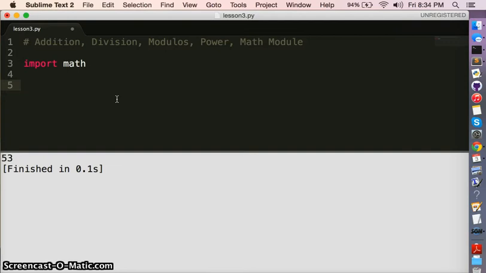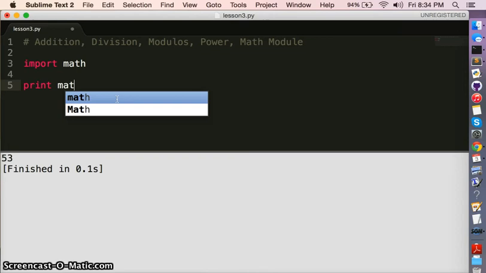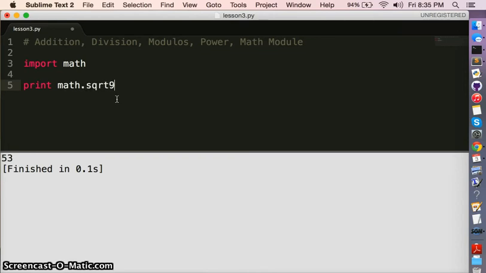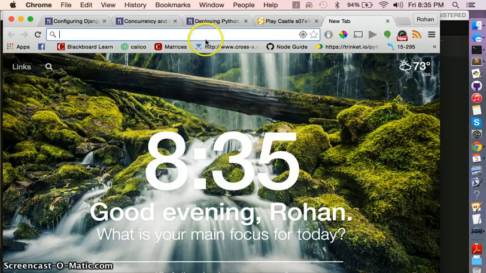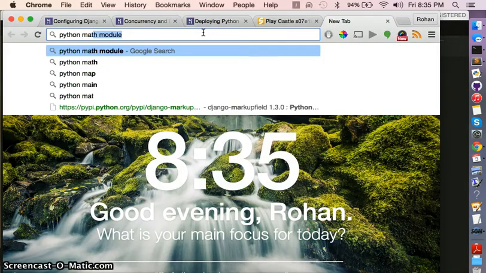Some of the things it gives you are things like square roots and math.sin and math.cos. So let's say I want to print out the square root of 25. I do math.sqrt of 25, and I get 5.0. Now you're probably wondering, how do I know that it's sqrt? So what you want to do is go to Google, type in Python math module,